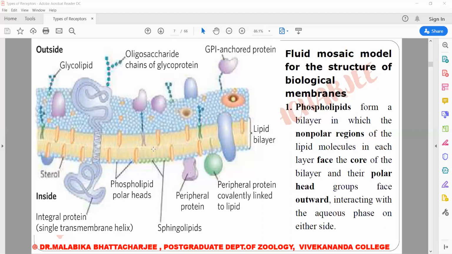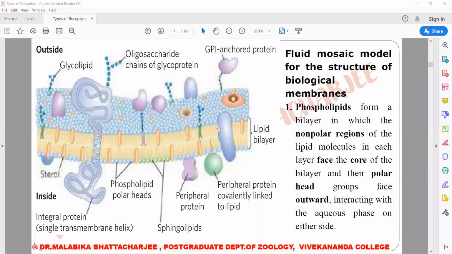Now, you can see that the proteins are embedded in the bilayer and they are held by hydrophobic interactions. The proteins are held in the bilayer by hydrophobic interactions between the membrane lipids and the hydrophobic domains of the protein. So for those proteins which are integral in nature, this area of the proteins is hydrophobic because they are interacting with the hydrophobic lipid bilayer in this region.